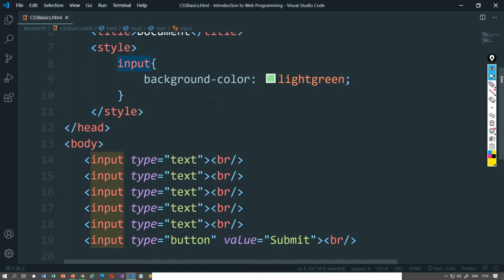Okay, we have a solution for that, but yes, this is what your CSS is going to do. It's going to select all the input types based on the tag name. And for that matter, we use different types of selector. Now, maybe what I want is to have only the first, or maybe let's say